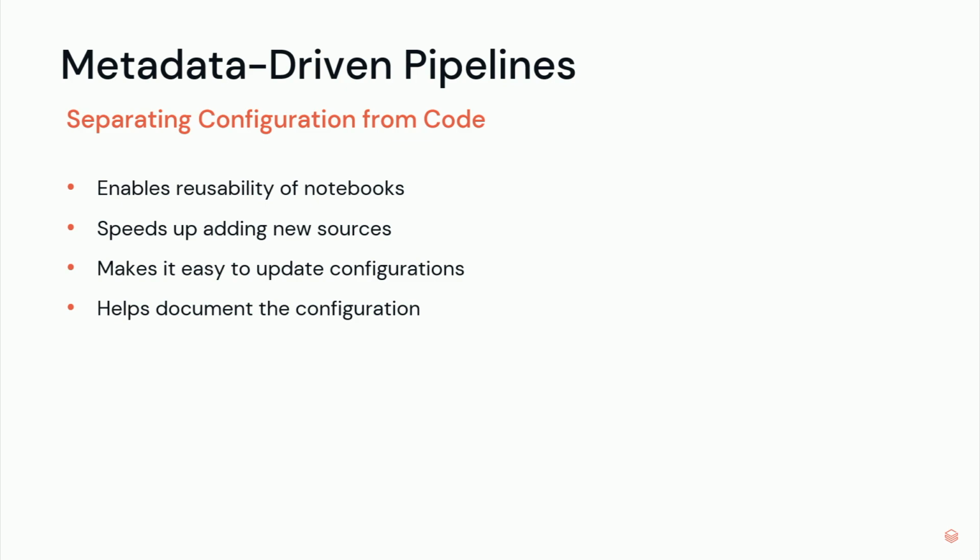So these pipelines are metadata driven, so we have our configuration separate from the code, and that enables reusability of notebooks. So we reuse our autoloader ingestion notebooks for multiple different types, like Andy mentioned, HL7 v2, HL7 v3. We can reuse that notebook for these different use cases by using the configuration separate from code. So this really speeds up adding new sources, adding new use cases to the data pipelines.